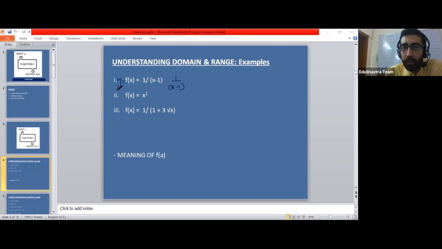All acceptable values of y give the range, all acceptable values of x are the domain. We immediately know that x is not equal to 1, because at x equal to 1, you get 1 by 0, and 1 by 0 is not defined. So for the domain of the function, x is not equal to 1, but it can take